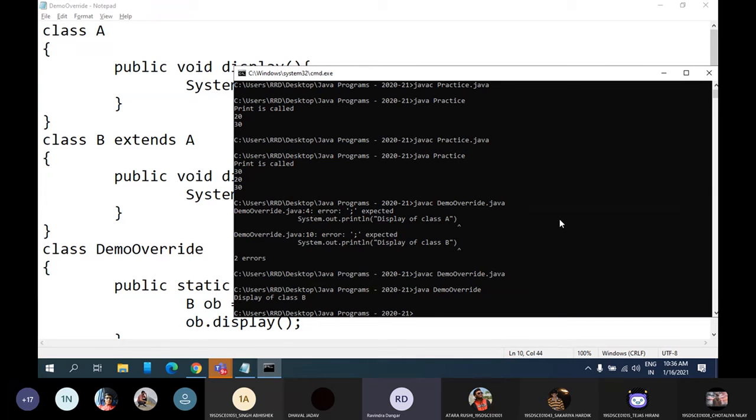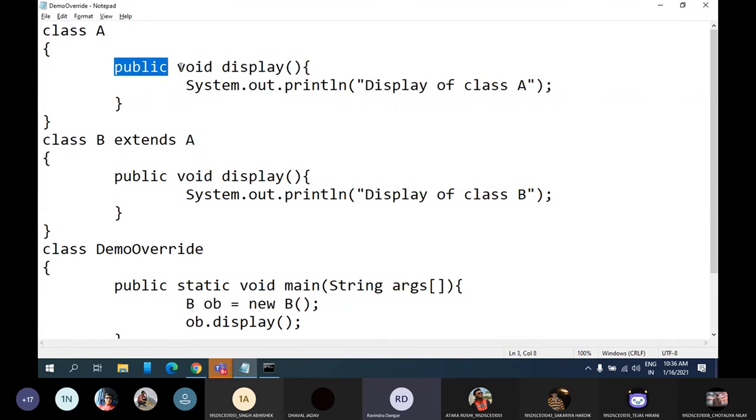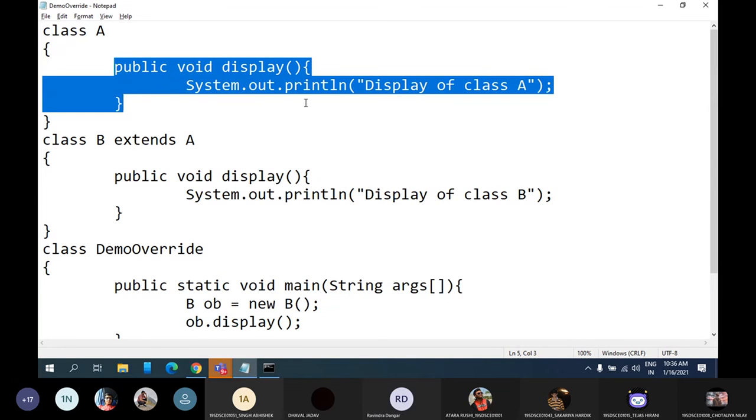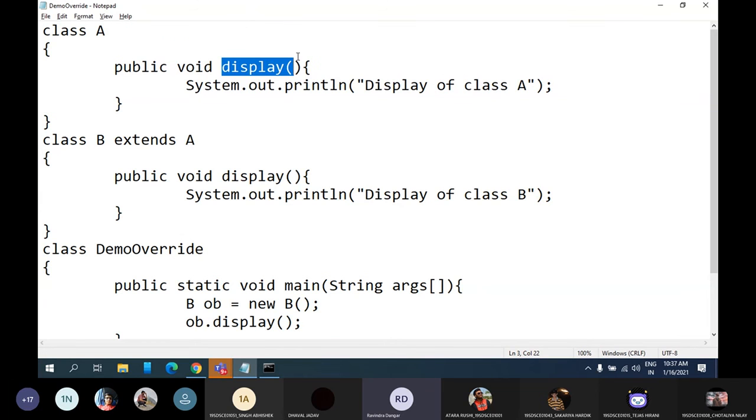So here can we say that this concept violates the use of inheritance? Using inheritance, I should be able to access the properties of the superclass also. But you can say I can never access this display method. Yes or no? If I want to access this display method, then anyhow I need to create an object of class A, even though inheritance is there. So here the rule is getting violated. What do you think? Yes or no?